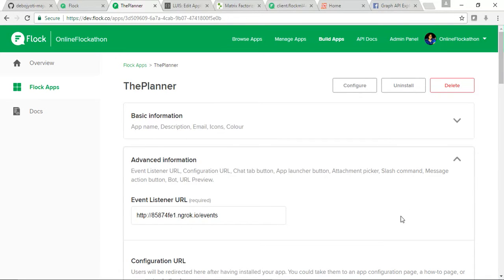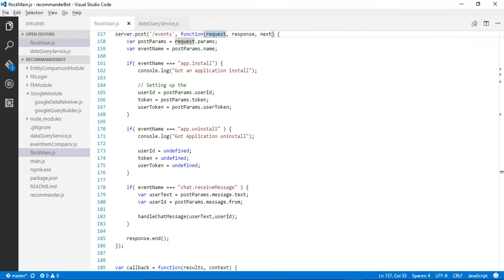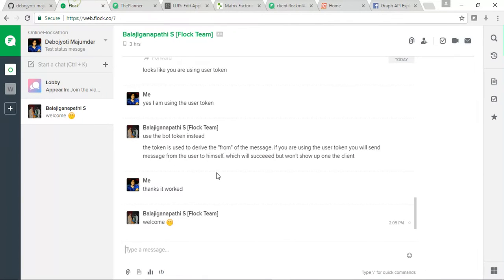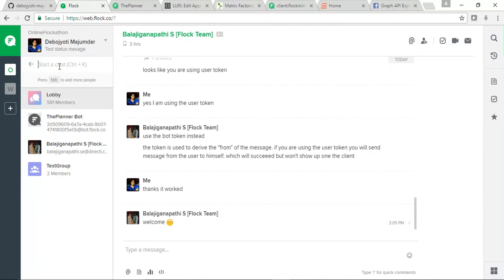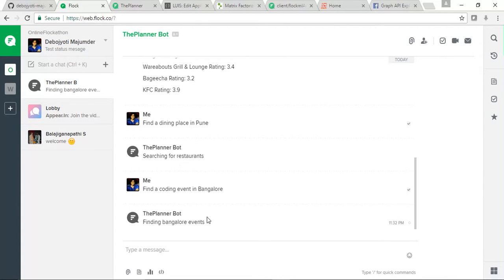We have developed this application using Node.js. I will talk briefly about the source code organization, but before that, we'll do a quick demo. I'll search my bot over here, and we'll say something. Find coding